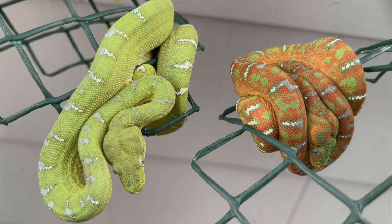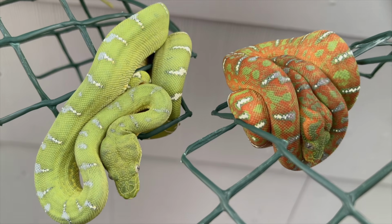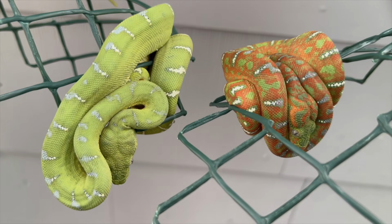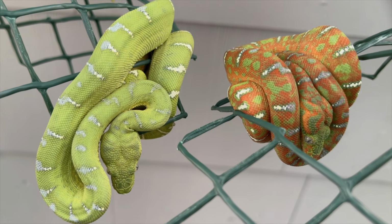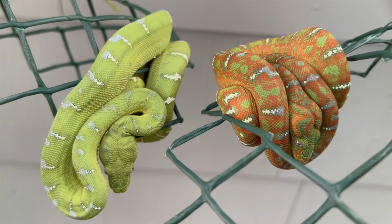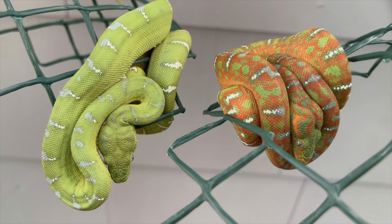Baby emerald tree boas can be born red or green. While red seems to be more common, green's not too rare. I've produced quite a few of them so far, and we're still trying to figure out how the genetics work there. But you can see the baby on the right is starting to go through its color change and develop